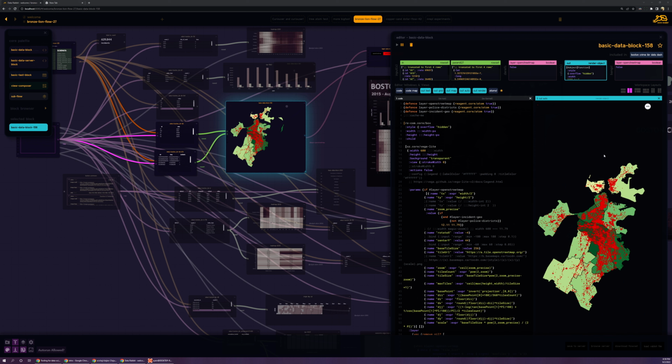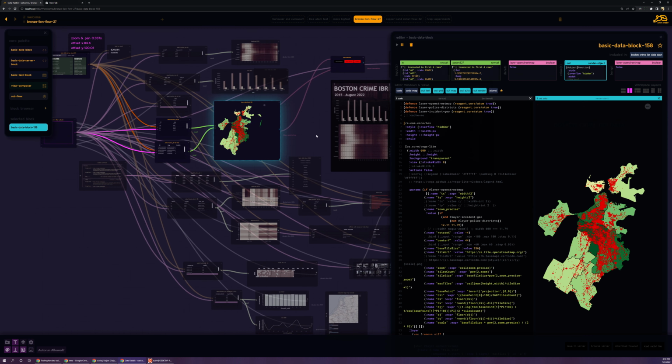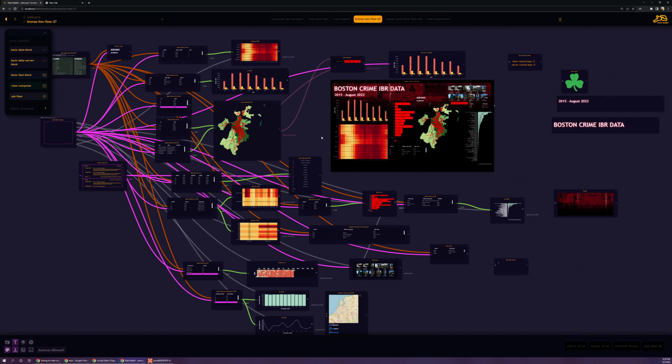I'm making this video because when I set out to do this project, Data Rabbit being this canvas-based data viz slash Clojure IDE spatial visualization tool, I guess you could call it, but it's a lot of different things, honestly. I wanted to make a video that treats it as just a data viz tool without being a Clojure tool, right? Because I initially set out to make a superset-like dashboard builder, and it ended up turning into a whole development environment for Clojure and ClojureScript, wearing the skin of a data tool, or maybe it's a data tool wearing the skin of an IDE. I don't know. Either way,